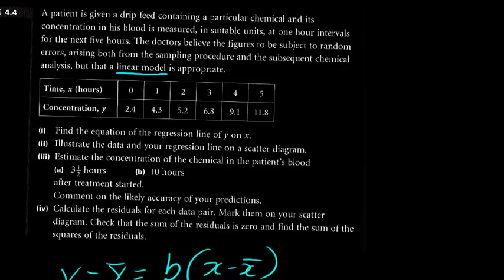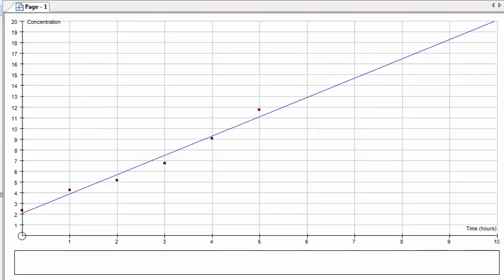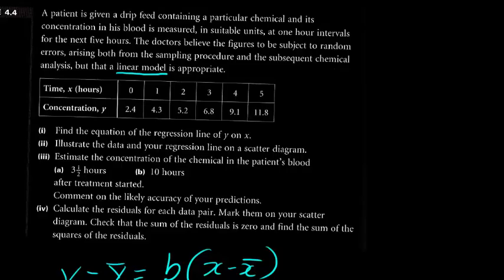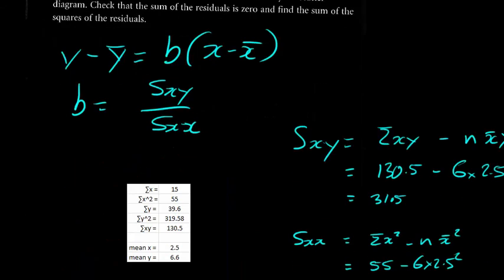Estimate the concentration of the chemical in the patient's blood at 3.5 hours after treatment started and 10 hours after treatment started. Comment on the likely accuracy of your predictions. Now actually I don't really need to do this off the graph, but at 3.5 hours I could go up and go across. At 10 hours I could go up and I could go across. Well, I couldn't because I've not quite got it on there, but you could do it in theory. But because you've got your formula, there's actually no need to. You know that your formula, all the way down here,